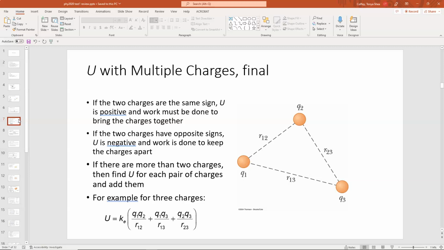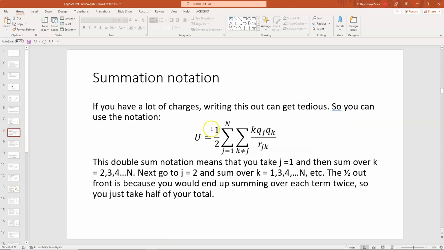So for example, if you have 3 charges here, you'd have to find the potential energy between charge 1 and 2, between charge 1 and 3, and between charges 2 and 3, which is written out mathematically here down at the bottom. If you've got a lot of charges, then writing them out that way can get cumbersome and tedious,